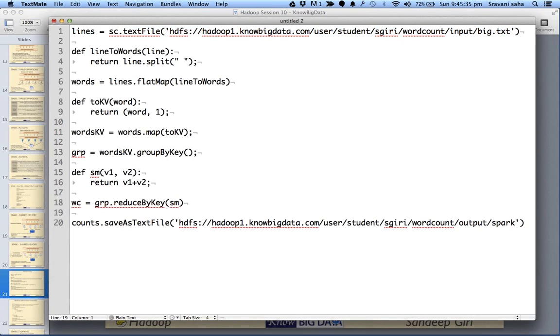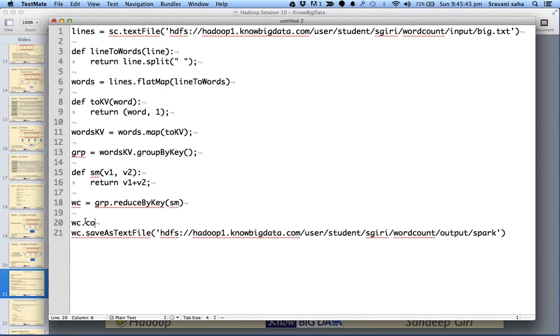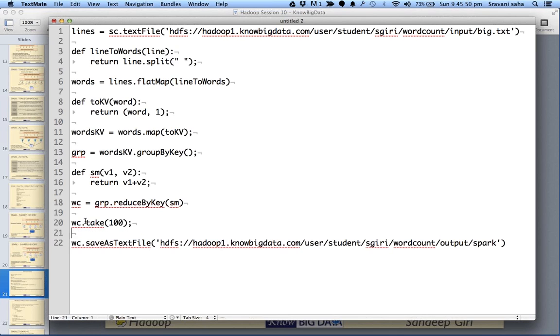So this is word count, and we want to say that please save the word count here, and before that we say collect or take 100. All right, so here I'm assuming that everything is clear to you. In case there is a doubt, you can tell me which line number, I can explain that. You can tell me the line number in this file. You can see these line numbers.